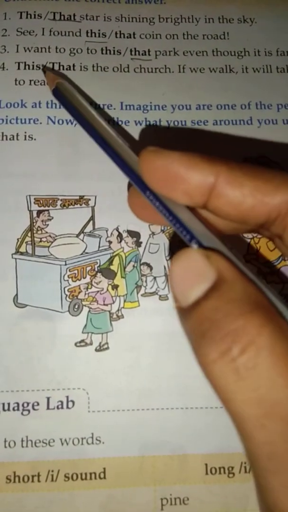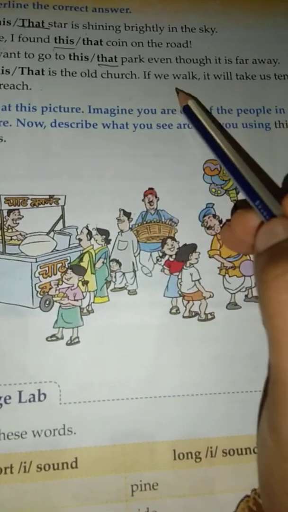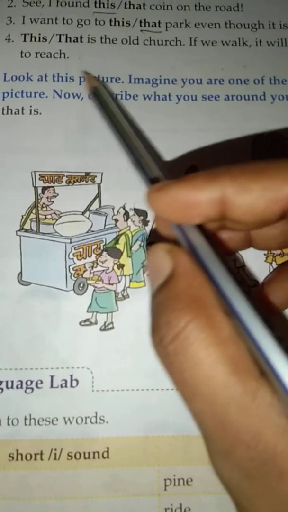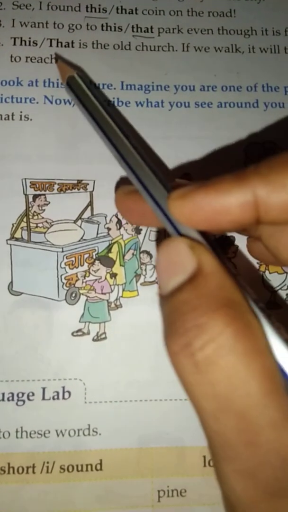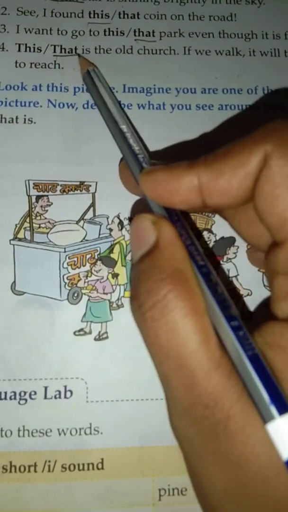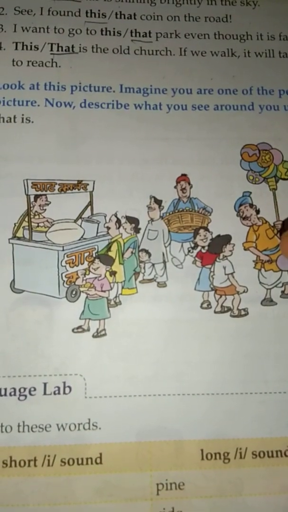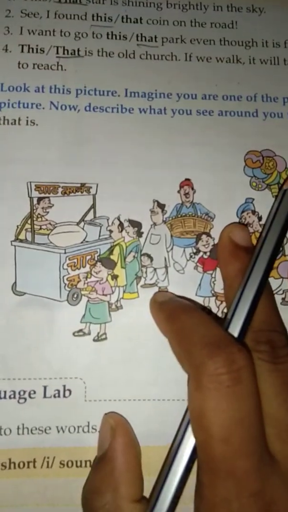Next you see: this or that is the old church. If we walk, it will take us 10 minutes to reach. Ten minutes to reach means the church is far. So, that is the old church. If we walk, it will take 10 minutes. Okay, this much we have done. Next you see,